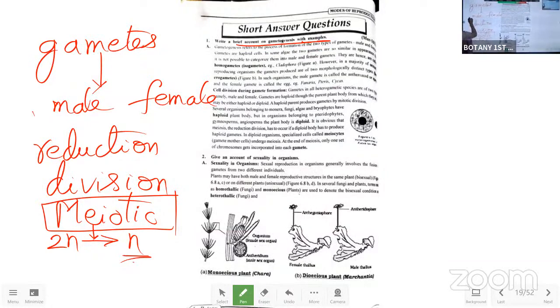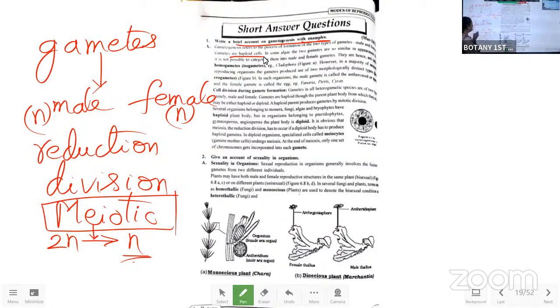So here male gametes are also haploid, female gametes are also haploid. If we know this process, we can make the sentence over there. That's it. So the gametes are haploid cells which are going to be produced by the meiotic